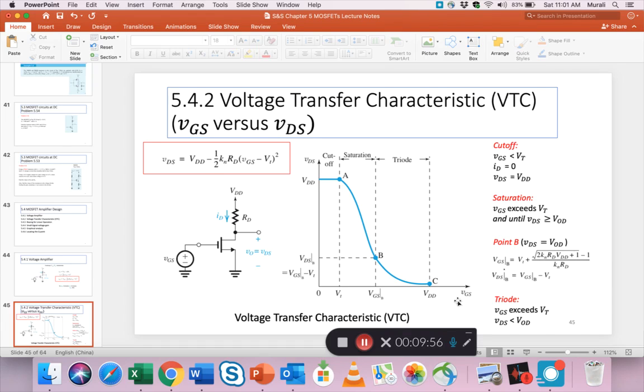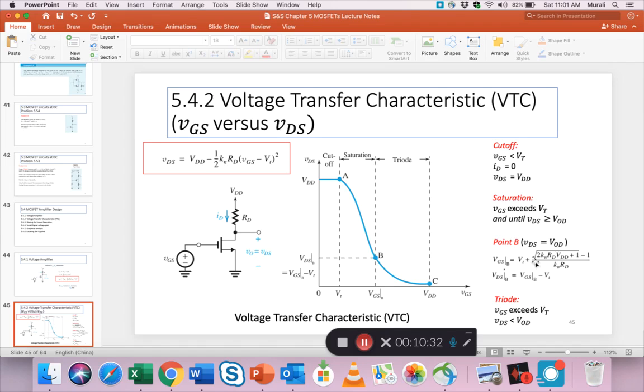As you're coming from this side, you're following the graph as it falls down, you have the cutoff region where we are flat, until VT nothing happens, the saturation region where VGS exceeds VT, and then the triode region where VDS falls enough that it's not in saturation anymore and we see the triode. And the point B is important to know where we transition. I mean, we already know that. We say that's the point where the drain to source voltage equals VOD,